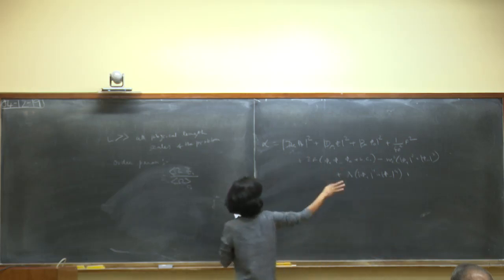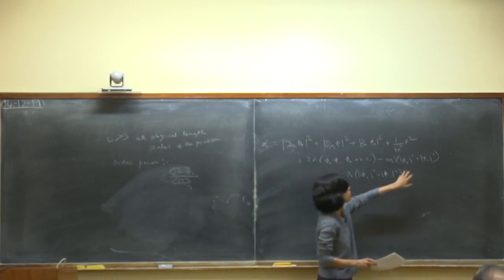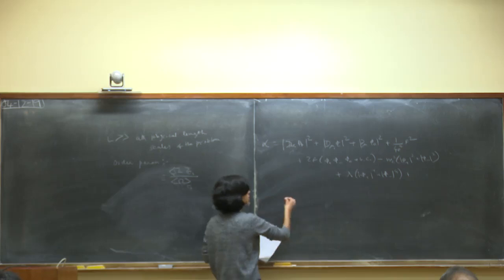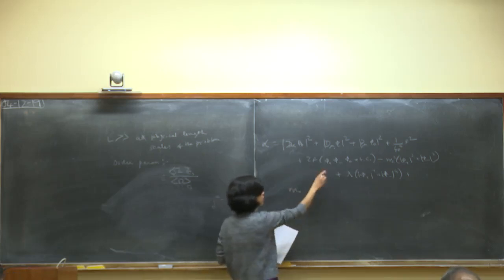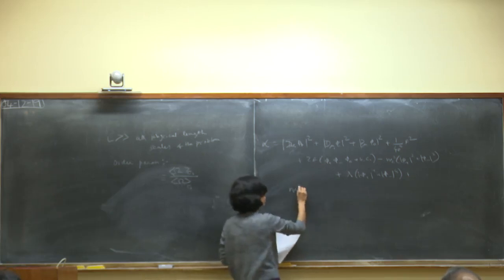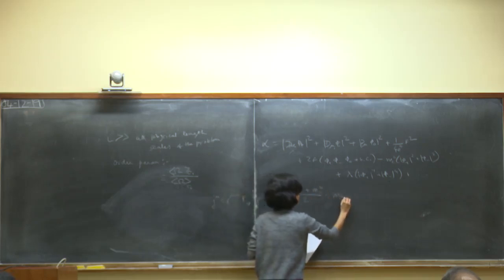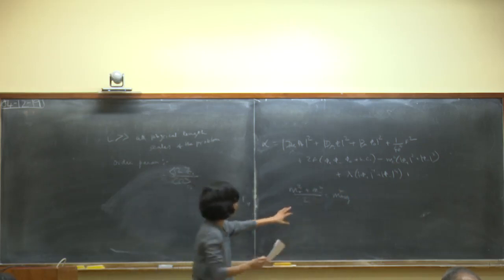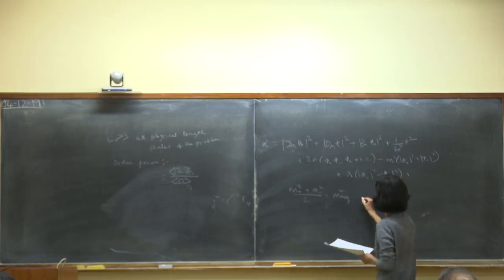So this is the model that I had yesterday. What I'm going to do is to give different masses to the plus and minus fields. Let's say the mass of the plus field is m plus, and the mass of the minus field is m minus. I'm going to define an average mass squared, and vary this average mass squared from positive to negative values.